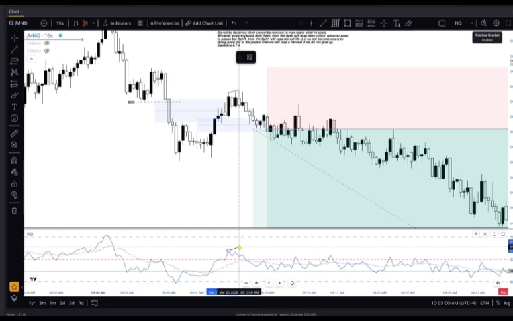Now, this break of structure has two opportunities for me to buy into. If price respects the equilibrium of the candle that broke structure, which is this black candle, and as we can see, I did not enter on this candle because of this